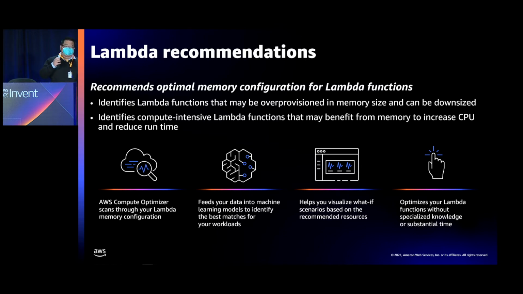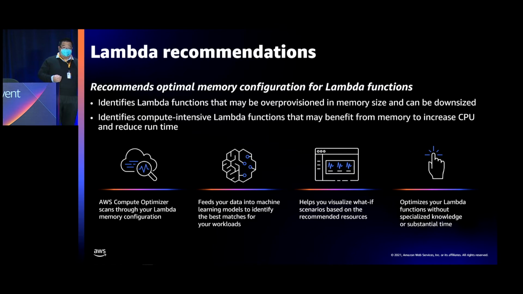There are 2 types of Lambda functions broadly. One is CPU intensive ones, because the allocated CPU resource is proportional to the allocated memory. So if your function is very CPU intensive, you can allocate more memory to get more CPU time slices and to reduce your